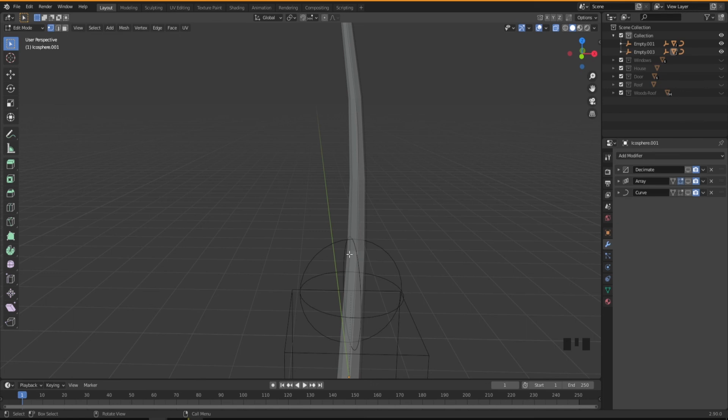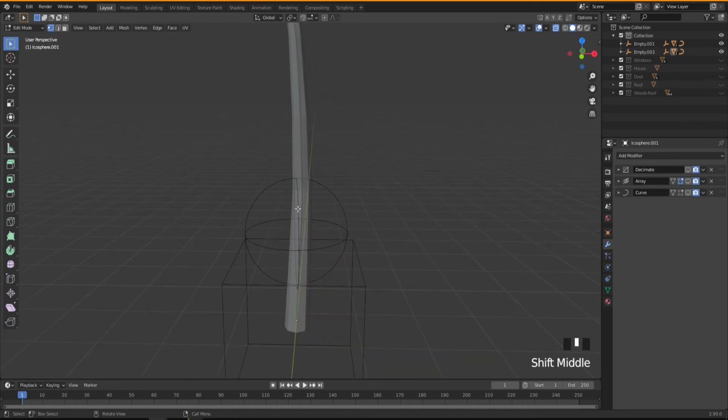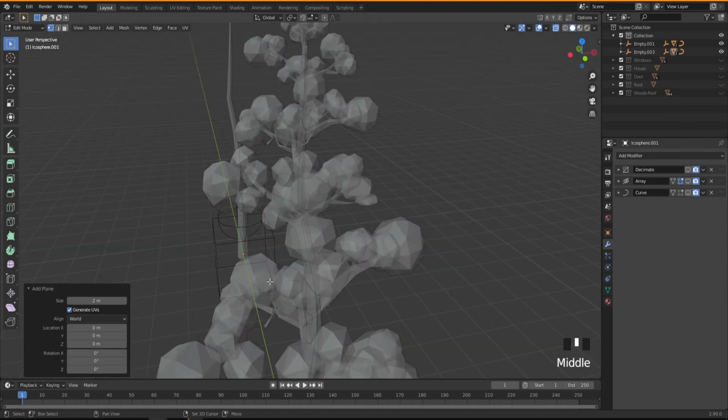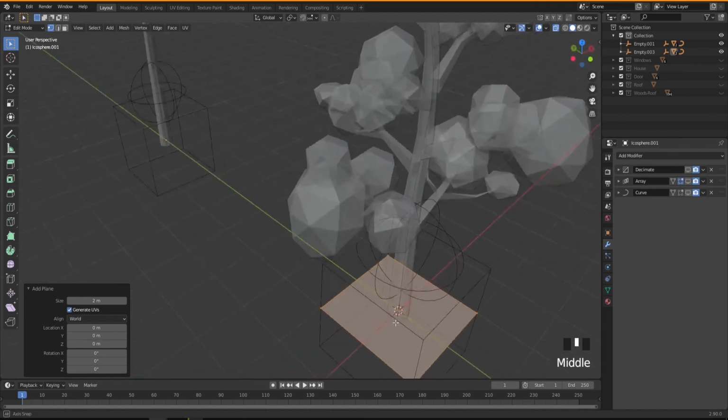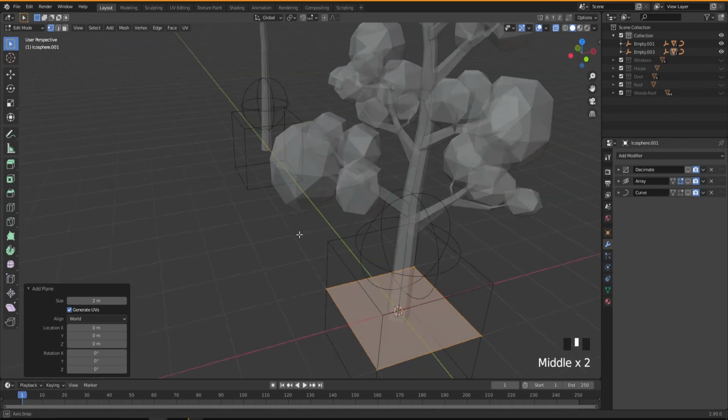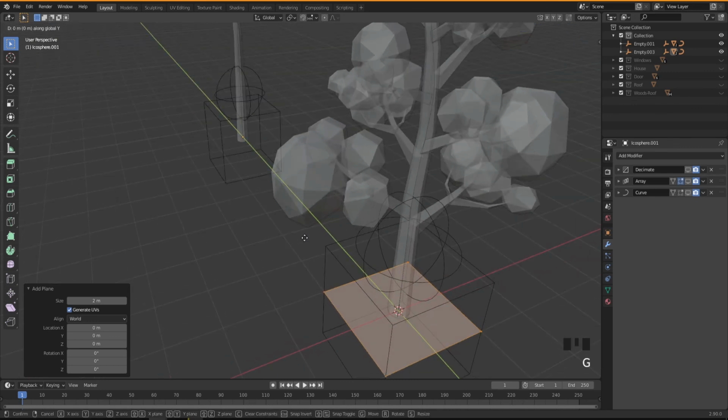What I'm going to do is add another object by pressing Shift A, and I'm going to add just a plane. Sorry, because it's adding to where we have our 3D cursor, so I'm just going to quickly move it to the right place. By pressing G, Y, we move it like this.